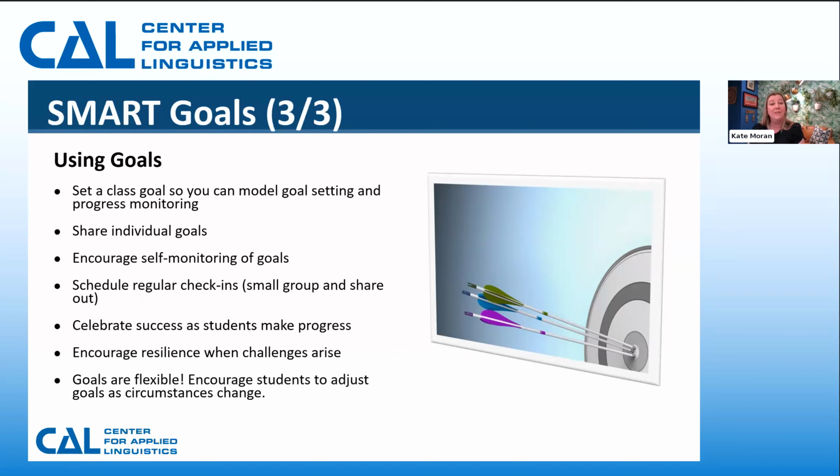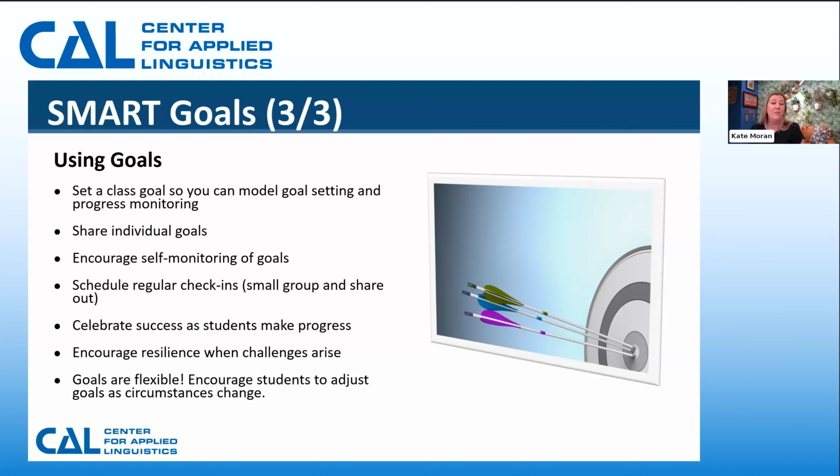You can also have students share their individual goals, even in small groups. When we state goals out loud and we share them with others, it's really good for accountability. It's also really good for support. We were talking about building an environment that's inclusive and warm and supportive. And this is a great way to help foster that, by having your students share their goals with each other so that they can hold each other accountable. They can celebrate wins together, and they can also support each other as they're moving towards their goals.